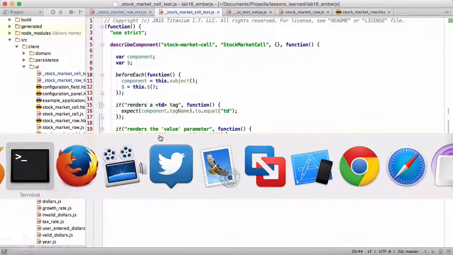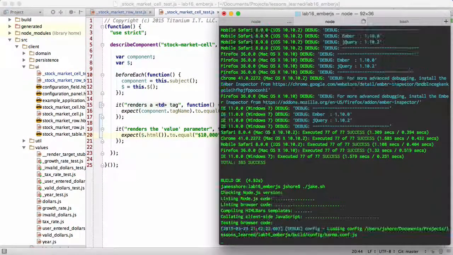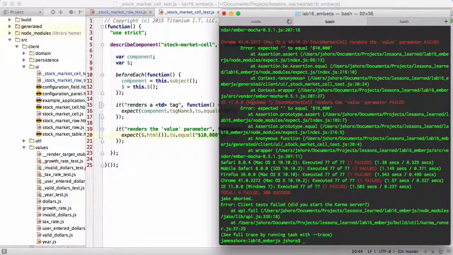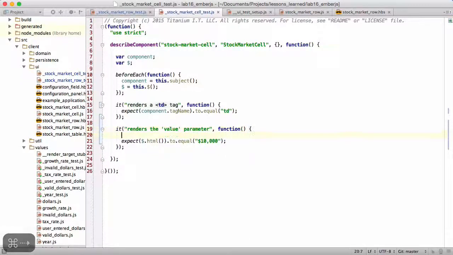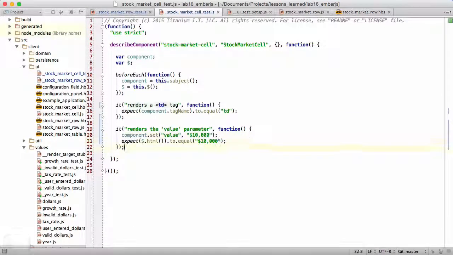Now, because we're not setting the value, it's either going to be blank or undefined or something. Let's see if that comes out. Yeah, it's blank. Look at that. Expected blank to equal 10,000. So that's a good sign. So now we should be able to just say component.set value to 10,000. And if I understand that, and I'm really not sure that I do,